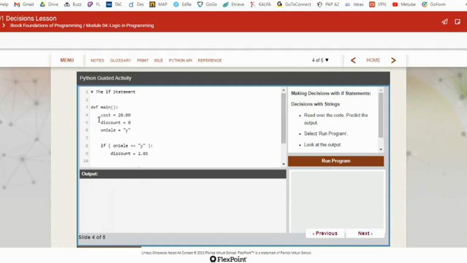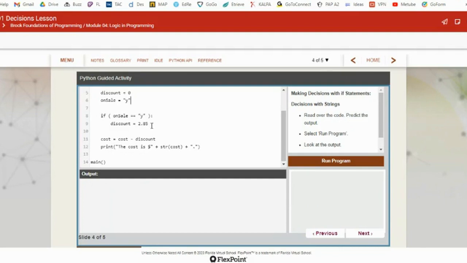Then the cost, which was $20, will be whatever it is, the cost minus the discount. It will start at 0, but if it's on sale, it's going to make the discount $2.85. So print the cost is, and then the variable cost, whatever it calculates to be, in statement. The cost is $17.15 because if it's not on sale, it's